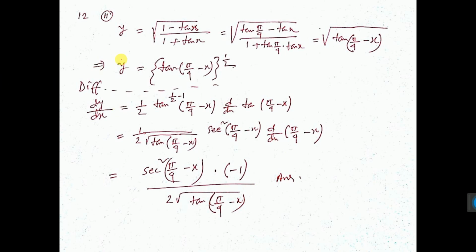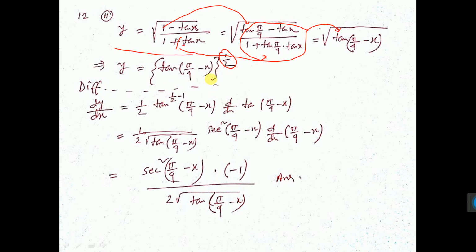Then this sum. This is the function y equal to this. Now here I have written, in place of 1 I have written tan pi by 4, tan 45 degree, that is 1. And here is 1, and in place of that one I have written tan pi by 4. Then what has happened? Then tan a minus tan b by 1 plus tan a tan b, one formula, tan of a minus b. So this thing becomes the formula tan a minus b under root. So root over means this to the power half. Root we can write as above, half.